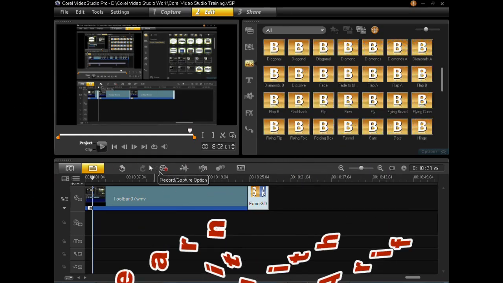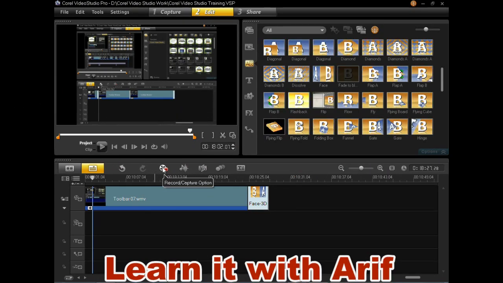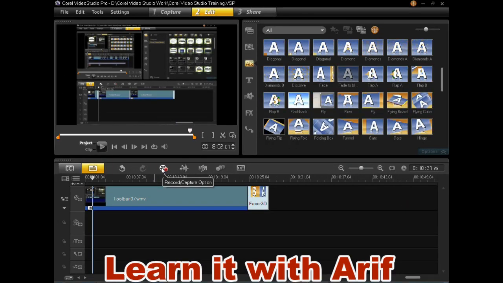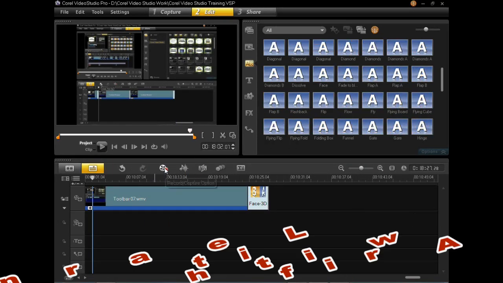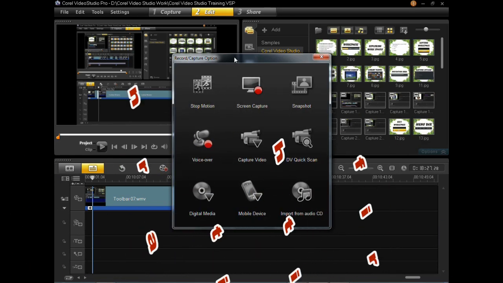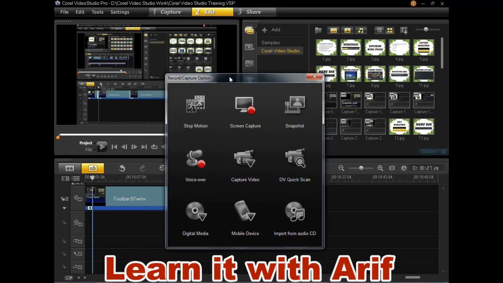After redo button, we find record capture option. Let us see what is inside record capture option. Click record capture option. The record capture option dialog box is open before us.